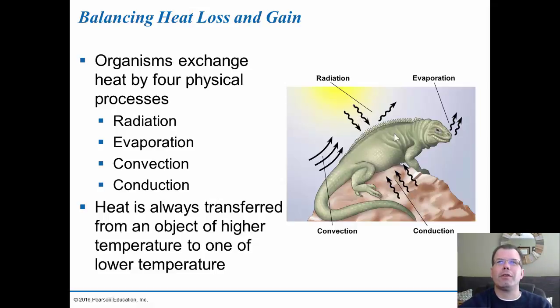Radiation is sitting out in the sun and getting the heat from there. Evaporation is, again, losing water and heat through the air. Conduction is basically taking the heat from that warm rock, and convection is also feeling the heat or cool from the wind. And so again, heat is always transferred from an object of higher temperature to one of lower temperature to warm